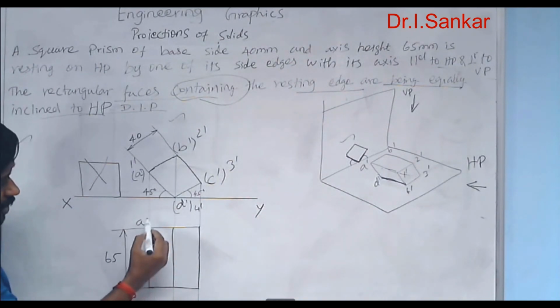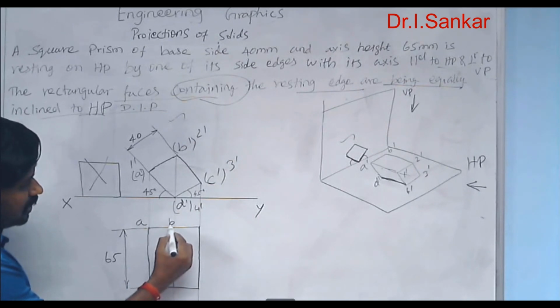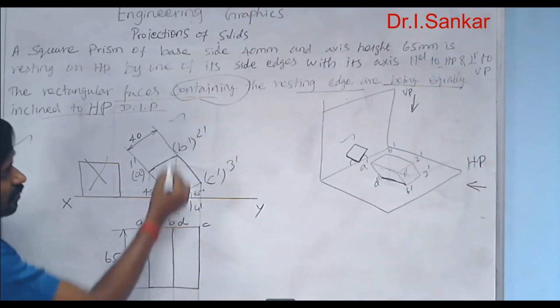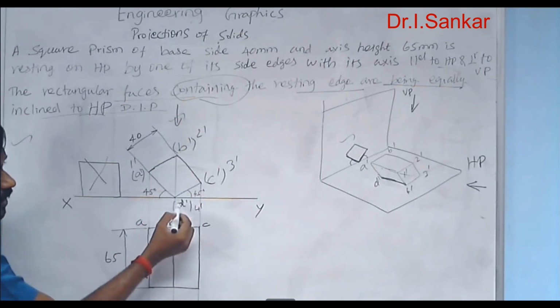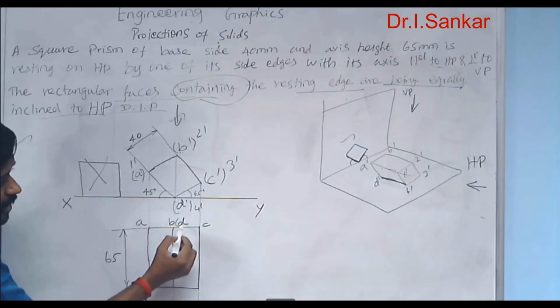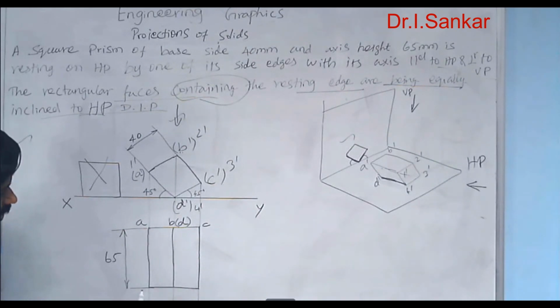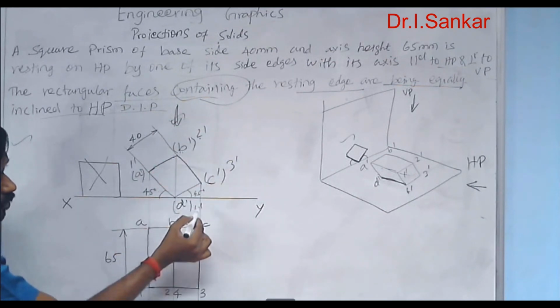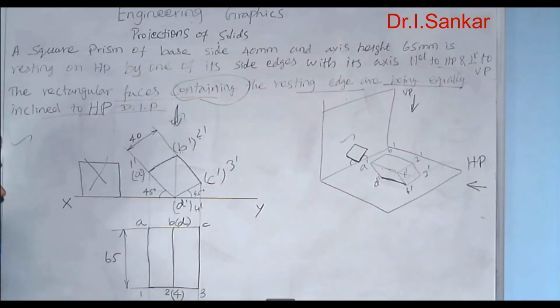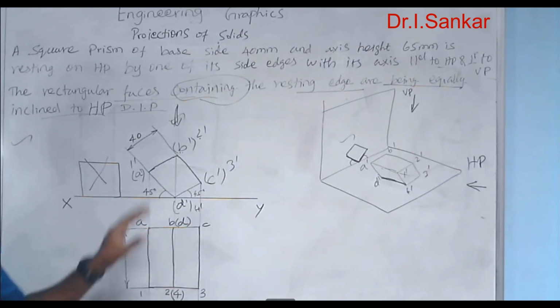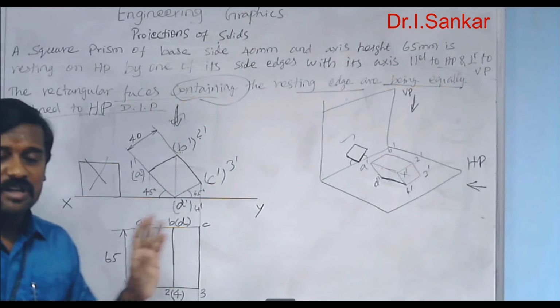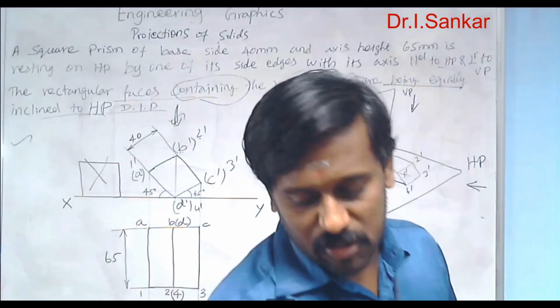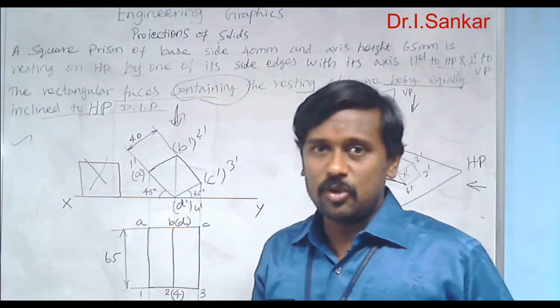And here you can give the name A, B, C, and D. When you see it from the top, out of B and D, B is the only visible point, so D can go inside the bracket. The same way here I can give the name 1, 2, 3, and 4. So out of 2 and 4, when you see from the top, 2 is visible and 4 is hidden. So put bracket around 4. So in that way you can draw the front view and the lateral view of this solid, and the axis of the solid is actually perpendicular to VP and parallel to HP. Okay.